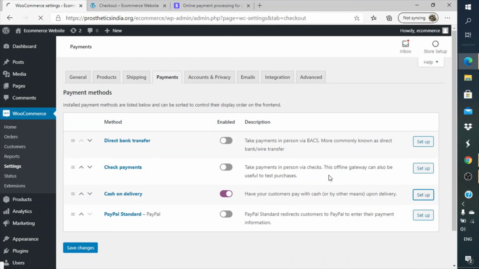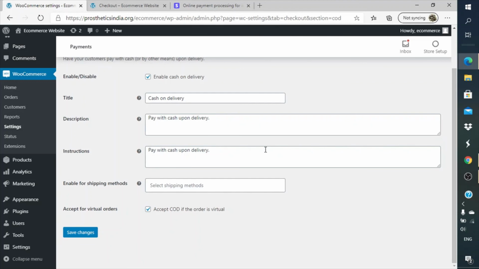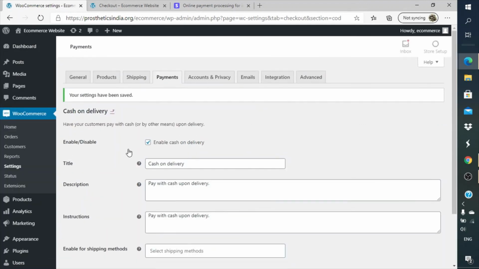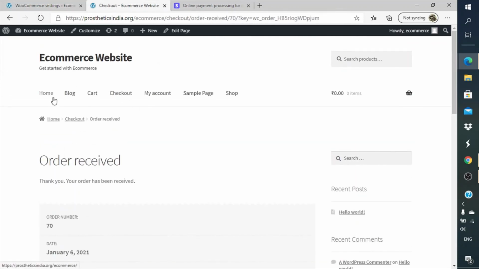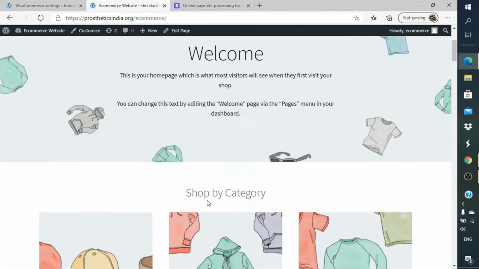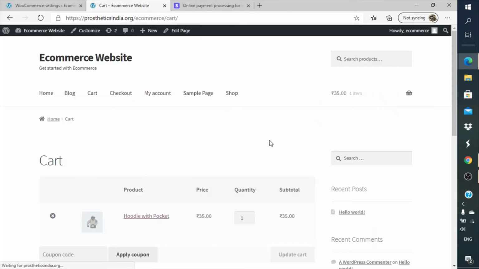You can click on setup and there are certain messages which are there. Pay with cash upon delivery. You can change the instructions depending on your terms and conditions, whatever standard terms and conditions you have. I'll just save this. I'll just keep the default text as it is. I'll just go back to the checkout. I'll go back to the home page. I'll again add one of the products to the cart. I'll just click on view cart,